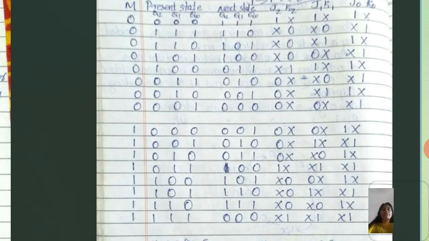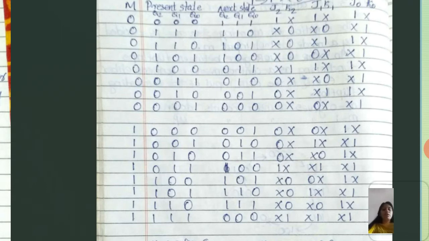Then 000 moves to 111. You can see that by checking with the state diagram. Now we are in the 111 state, so for the next row you rewrite 111 as the present state. From there, the next state will be 110. Now 110 is the present state, and then you move to 101.